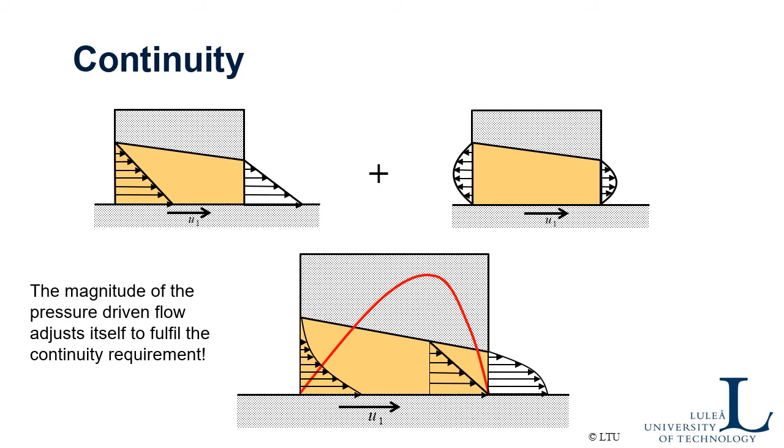Well, then we have the pressure-driven flow, the Poiseuille flow, and the Poiseuille flow forces some of the fluid to flow back in the negative direction in the inlet, while in the outlet it flows in the same direction as the Couette flow. So that means that it reduces the flow in the inlet and increases the flow in the outlet,